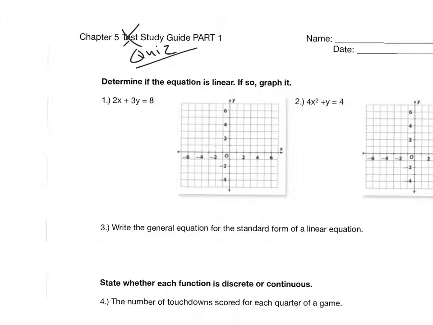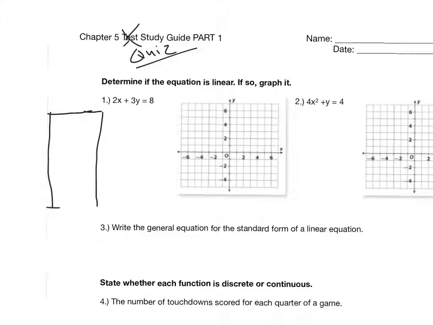So determine if the equation is linear. Do you see any exponents? No, it's already in standard form. Standard form is ax plus by equals c. So this is going to be linear. How do we graph it? Well, many ways to graph a linear function, but what we've been doing in class is we've just been creating